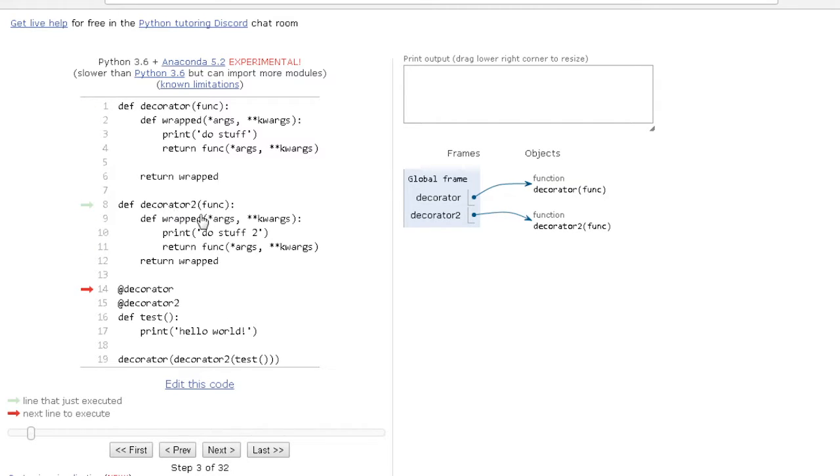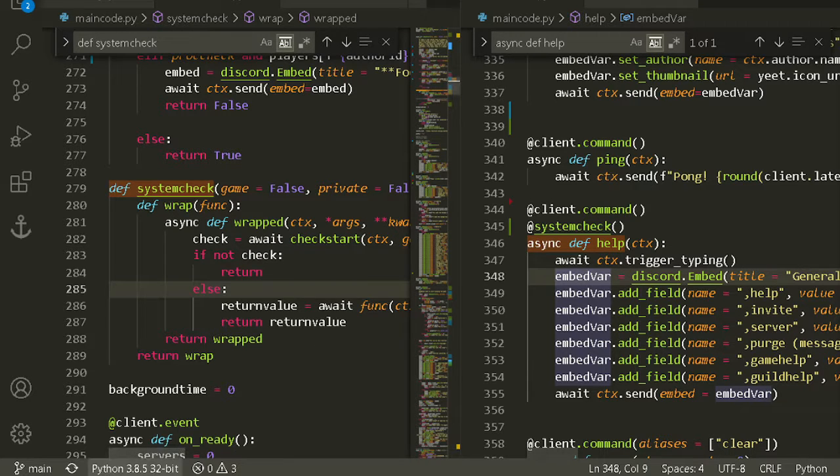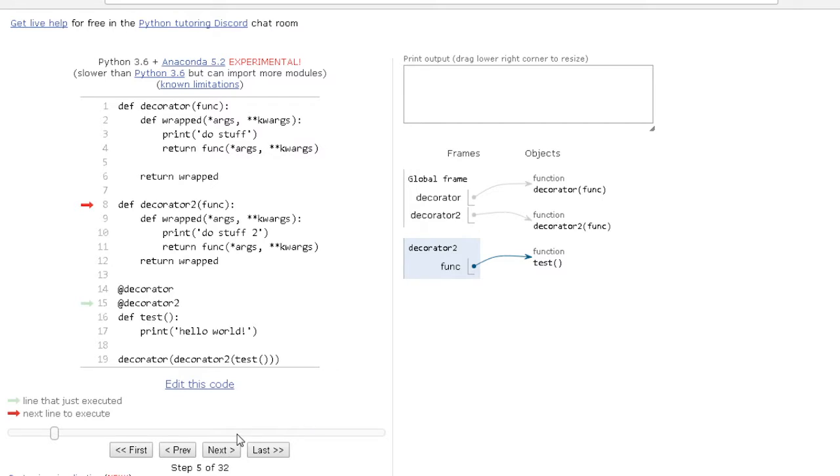And if these decorators had rep, it would run the stuff in rep. Okay, so it sees decorator, it sees decorator 2, and you know, execution order of decorators. Again, it runs decorator 2 first, which in this case is our system check, or our decorator. So okay, it runs through here, and you can see that this decorator 2 returns wrapped, the function,